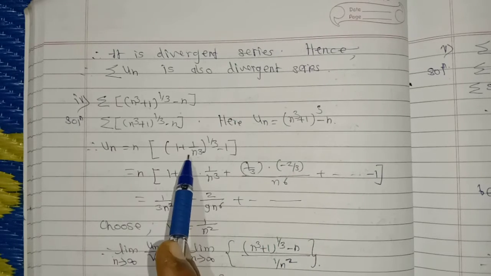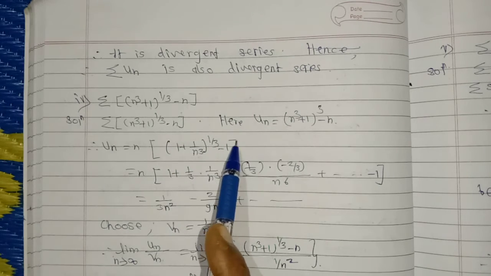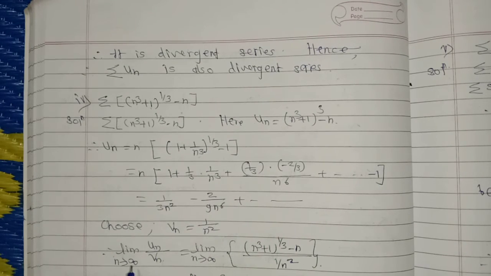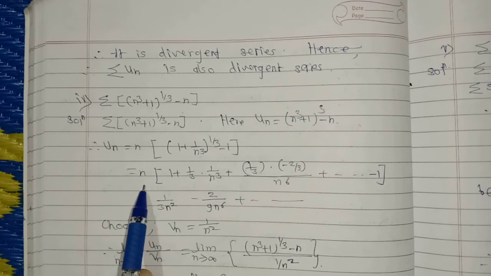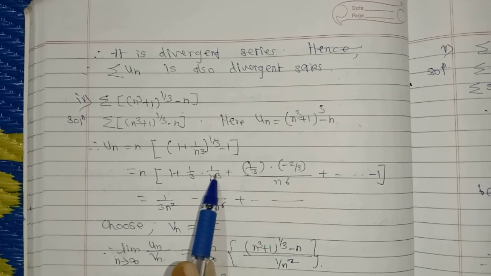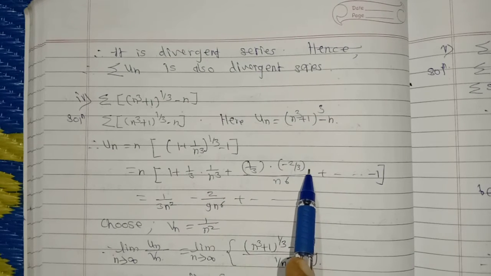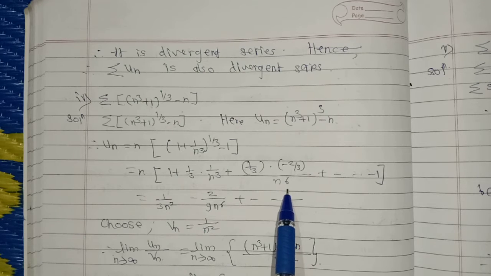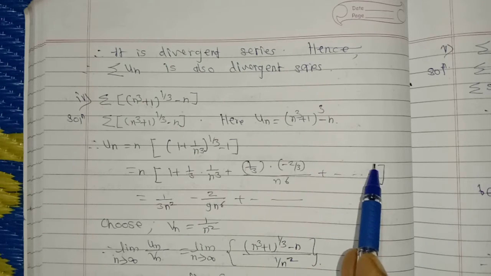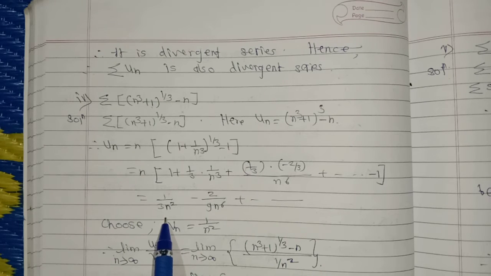So we get Un equal to n into bracket 1 plus 1/3 into 1 upon n cube plus 1/3 into minus 2 by 3 by n raised to 6 plus dash dash dash, bracket complete. Hence Un equal to 1 upon 3n square minus 2 upon 9n raised to 5 plus dash dash dash. Choosing Vn equal to 1 upon n square,